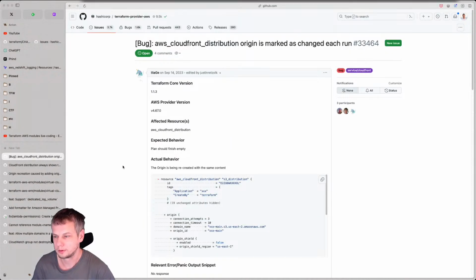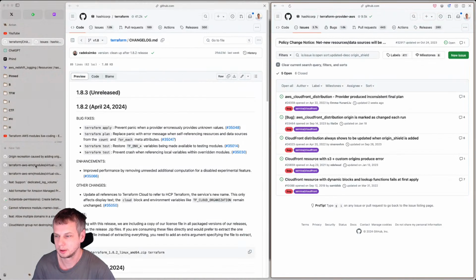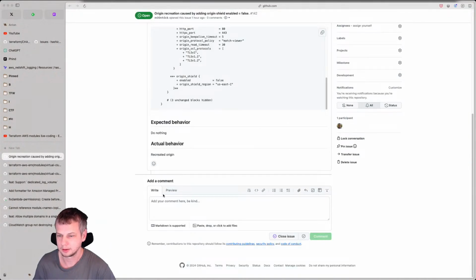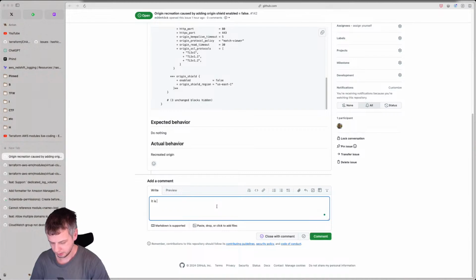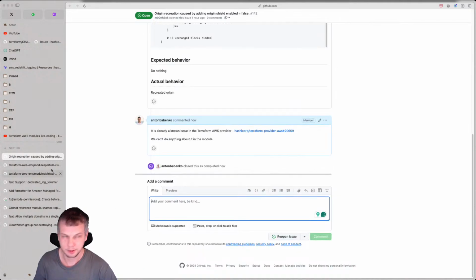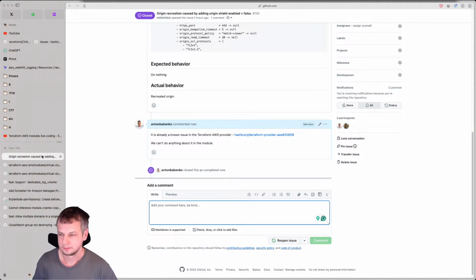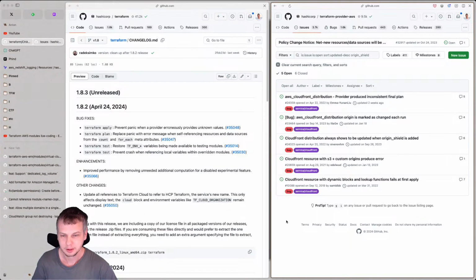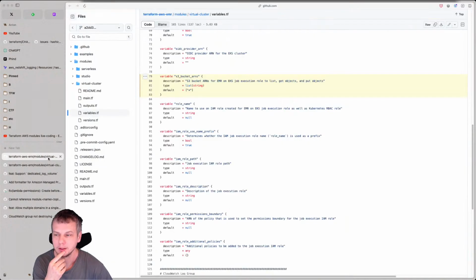Let's close this and this, and going back here, the comment is: it is already reported in the terraform-aws provider, we can't do anything about it. This was quick. Yeah, this was quick because there was nothing to do.